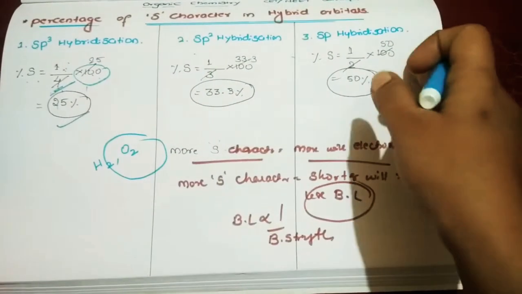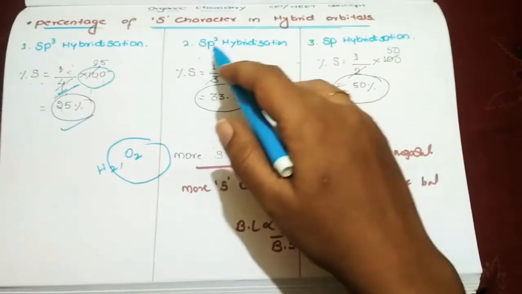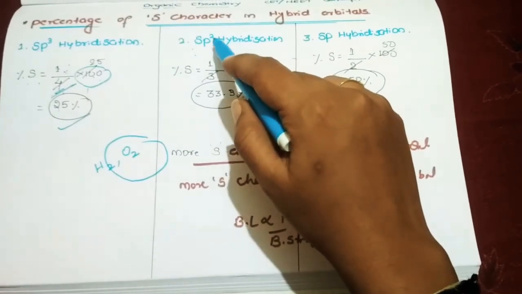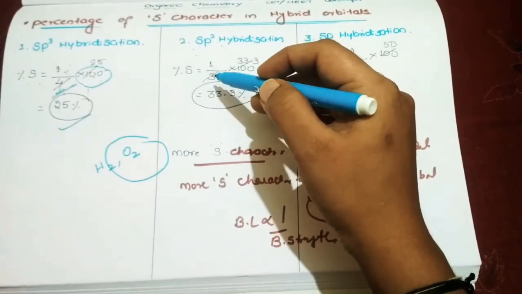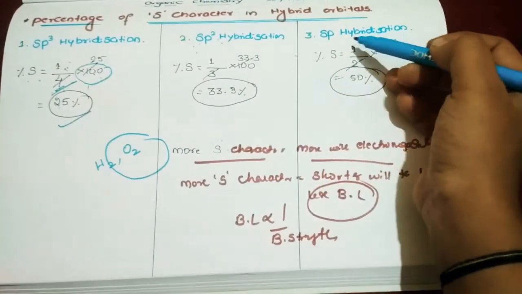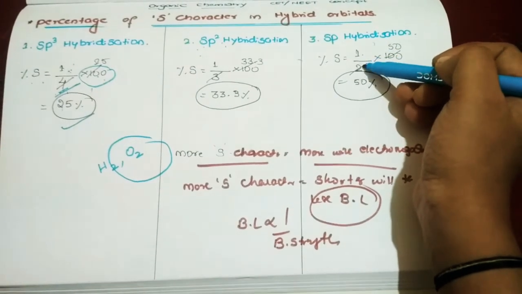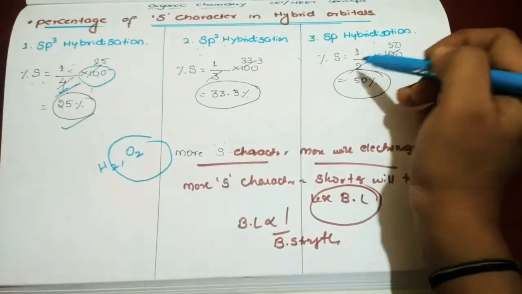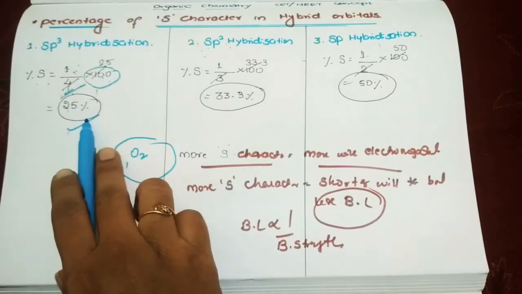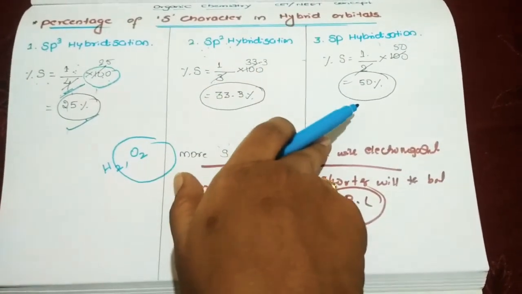It is especially a CET exam question we might see. Similarly, when it comes to sp2 hybridization, same method. In sp2 hybridization, total orbitals are 3. There is 1 s and 2 p orbitals, out of which only 1 is an s orbital. So 1 divided by 3 into 100 is 33.3%. Similarly, for sp hybridization the percentage of S character is equal to 1 divided by total 2 orbitals into 100. So 2 ones are 2, 50, so 50%. You could see 25% in case of sp3, sp2 33.3%, sp 50%.